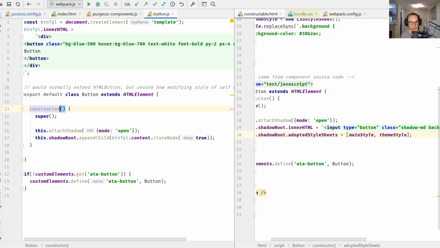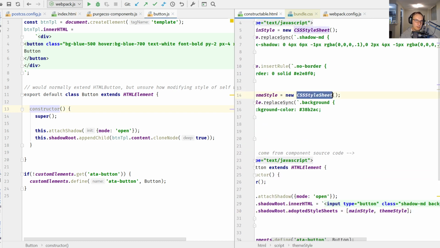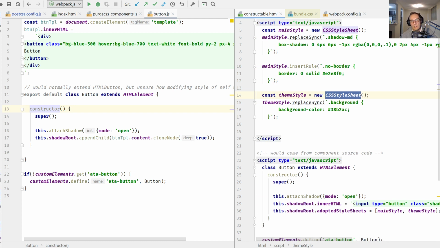But then what I'm thinking would work better instead, if we get PurgeCSS to keep track of where stuff actually is coming from, then what we can possibly do is have a CSS style sheet JavaScript object